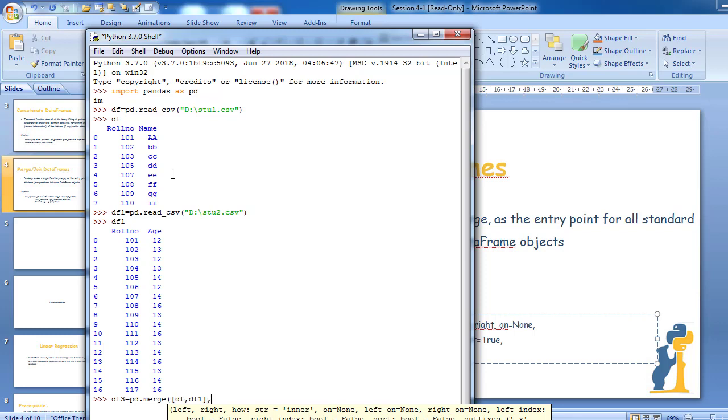Then we have to specify on, like the join operation in SQL, where we have to specify the on keyword. So we specify the on attribute, on roll number. I'm just closing the merge function and pressing enter.